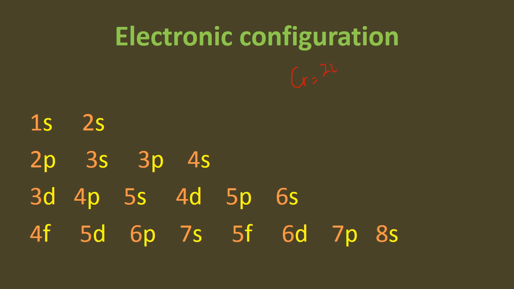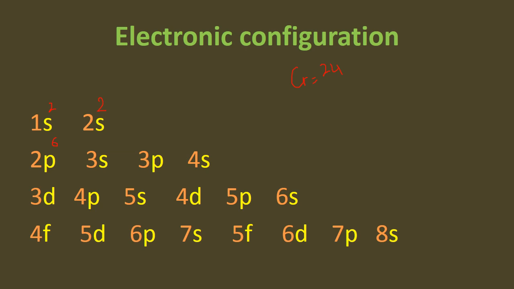First of all, we will do its electronic configuration by a simple rule. Then we will discuss what was the problem, that is, why chromium shows peculiar behavior. So here 2 electrons in 1s, 2 in 2s, and we know that the p subshell cannot accommodate